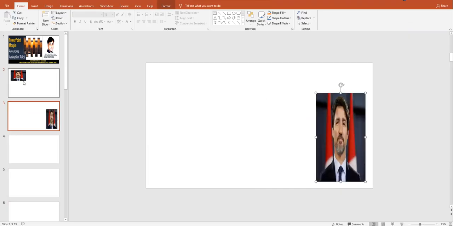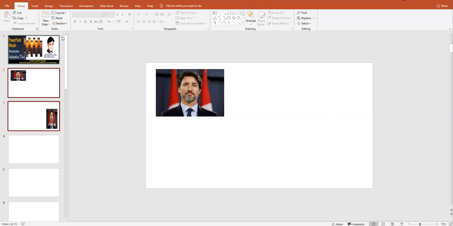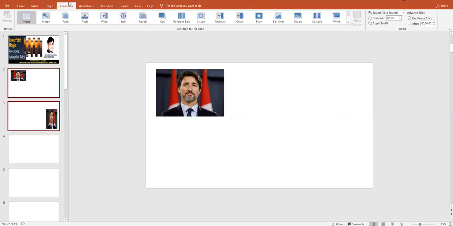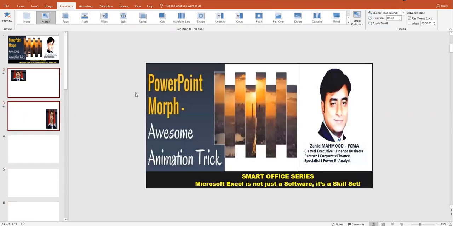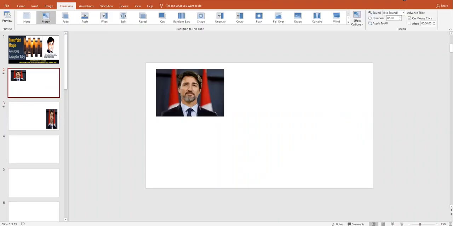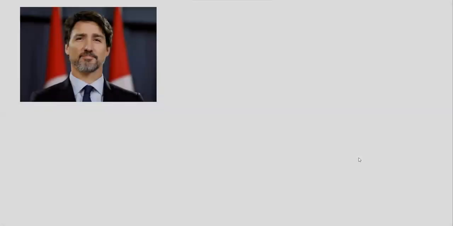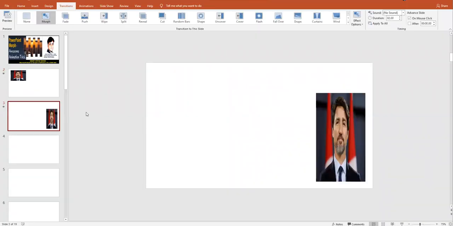Just change the dimensions. When we apply this, this is the new transition, morph, introduced in 2019 and Office 365. When I apply the morph, you will see that the same picture comes as a transition, and it shows a very beautiful smooth transition. But at times it is not required.